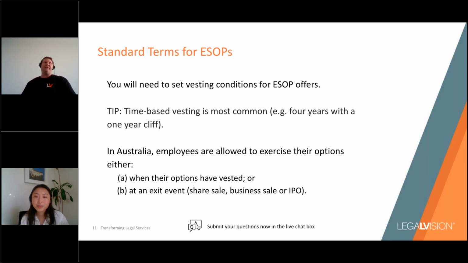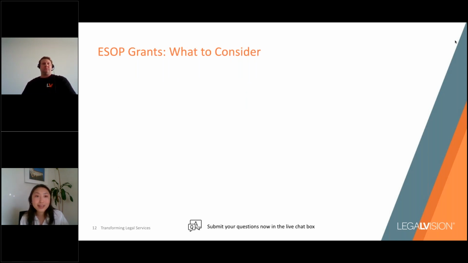Great. And I guess what are the other things that we need to consider when granting options? So this is something that does come up quite a bit for the founders that we speak to, and of course it's a really important consideration, which is how much equity do I actually grant to people. And this is tricky because there is definitely no rule of thumb or no perfect system that fits every single company. How much to issue really does depend on the stage of company and also how much ESOP pool you have available as well. So although there is no particular rule of thumb to issue a particular person, there are certainly